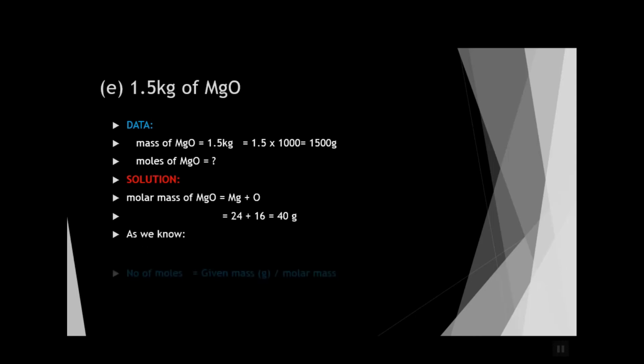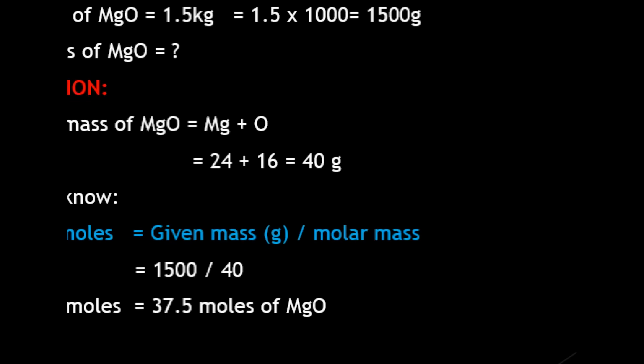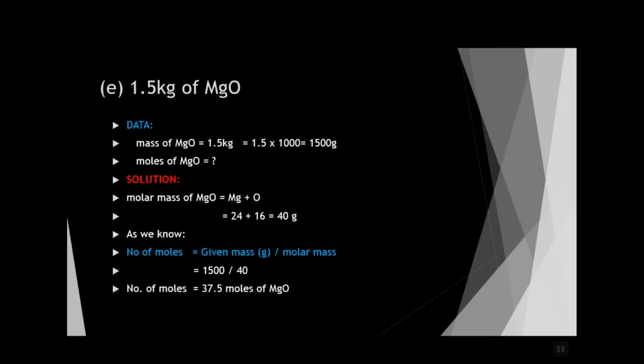Now as we know, number of moles is equal to given mass in gram divided by molar mass. So given mass is 1500 gram divided by 40, that is the molar mass. So we get the answer 37.5 moles of magnesium oxide. So students, this is our answer, 37.5 moles of magnesium oxide. Understood? Now next,